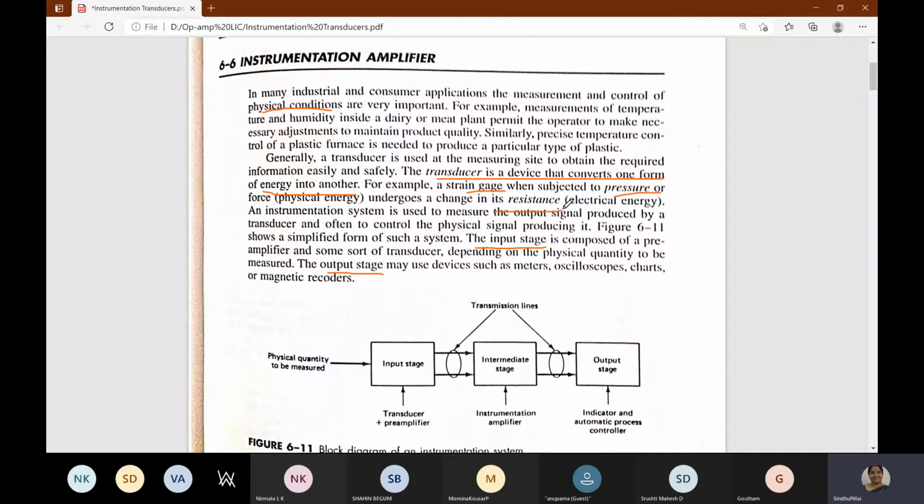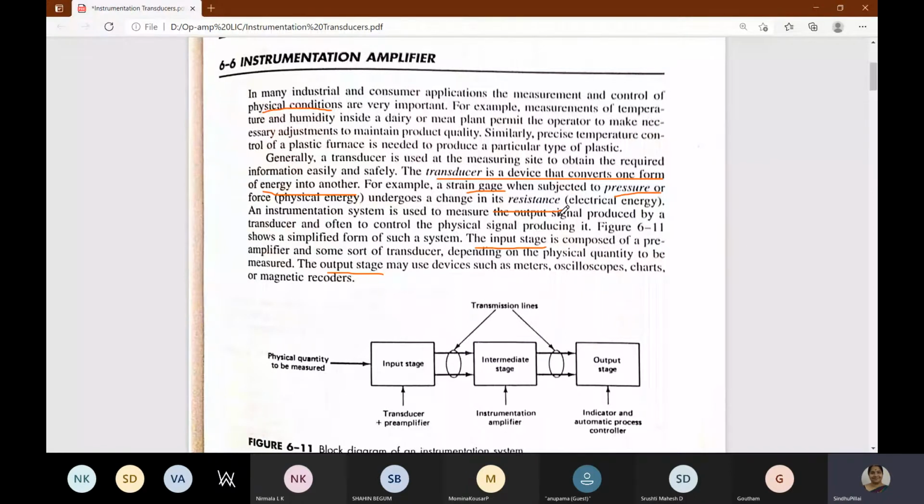So how to measure this change in resistance? The change in resistance is measured by using the bridge concept. With that bridge concept, when the bridge is balanced and when the bridge gets unbalanced, those conditions are taken and we can measure. After measuring, that should be applied to the op-amp for amplification, because if that measurement is in very remote areas or is going through long transmission lines, then it has to be amplified.